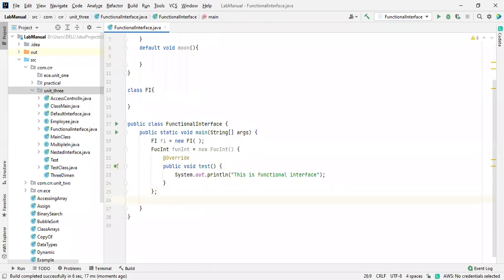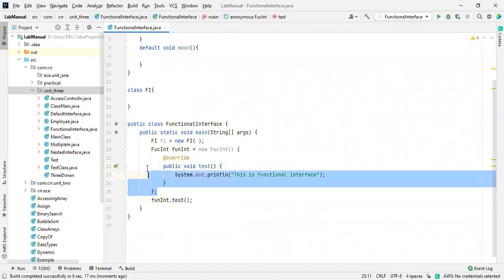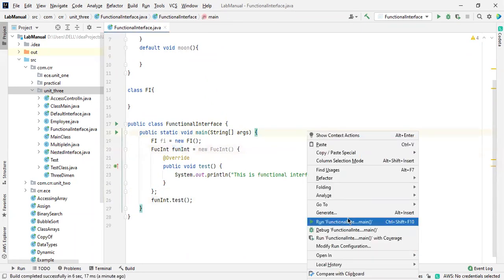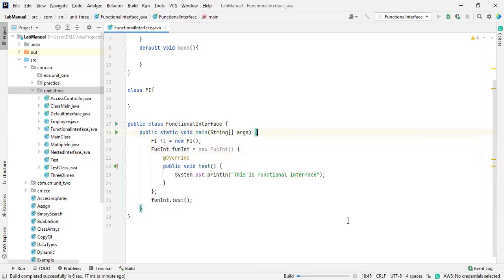If you want to call that function, it is essential to use the reference of an interface, then we are going to call this one. That's it. Let me run this program.